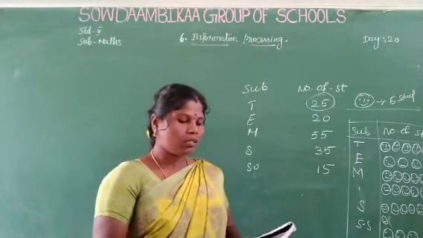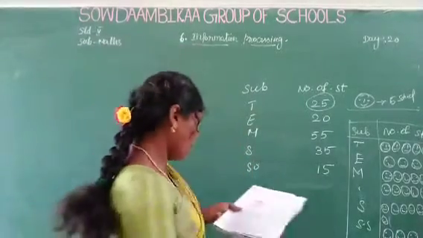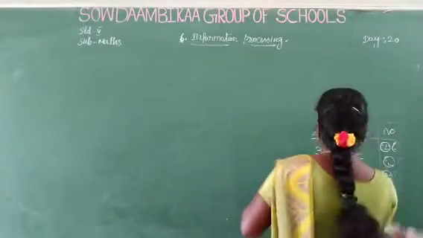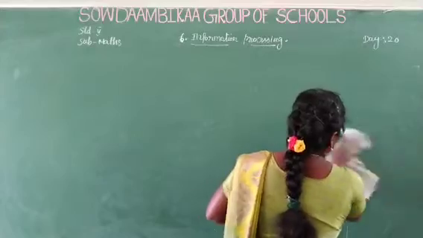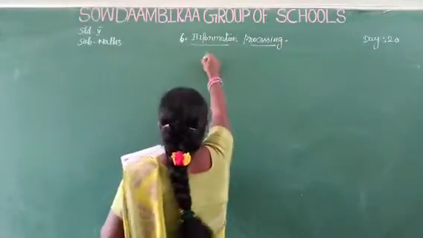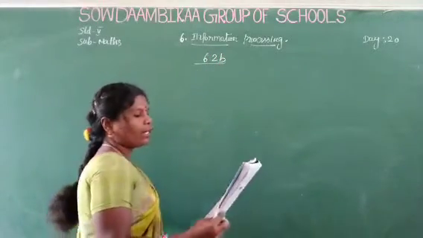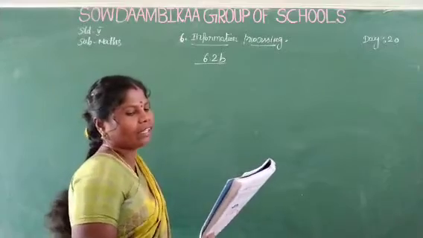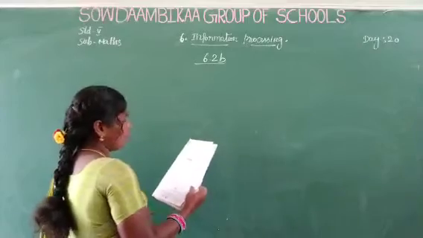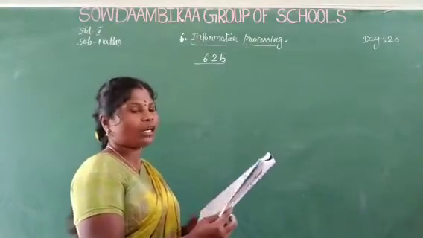Take page number 89, exercise 6.2b. See the first one. The following table shows the weight of paddy cultivated in a particular village between 2010 and 2015. Already given, paddy production year 2010. Each one is 100 kilograms.